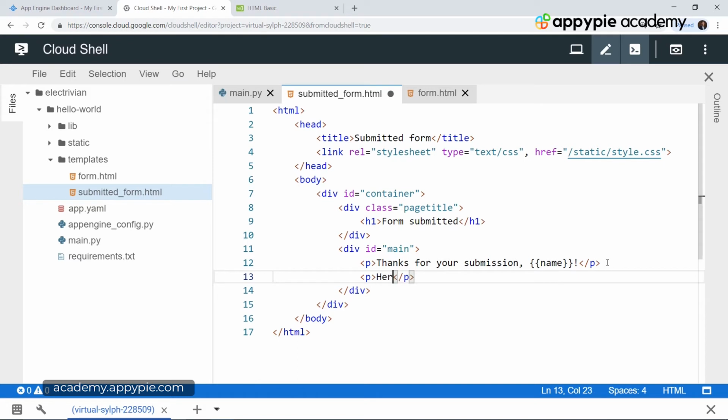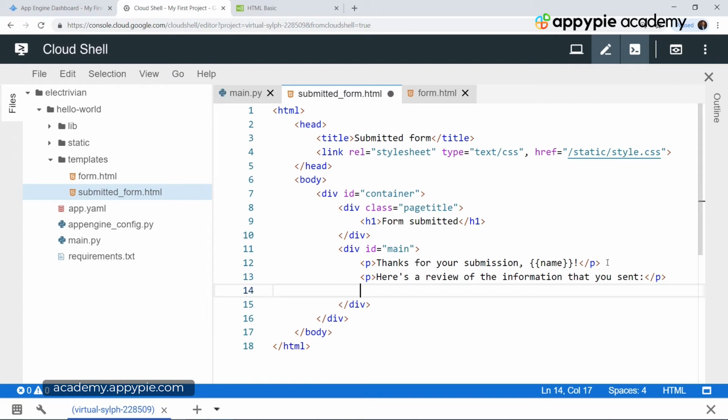So let's type in: here's a review of the information that you sent. Okay, so with this we have told the user that we are now going to display the information. Now let's again create a new paragraph tag, and let's close the paragraph tag as well.